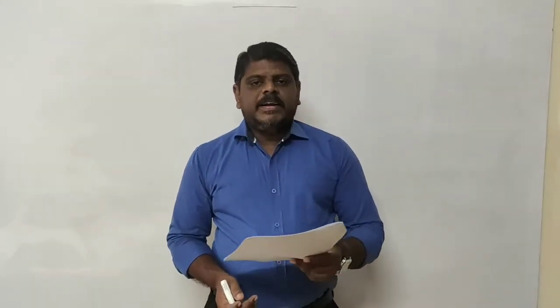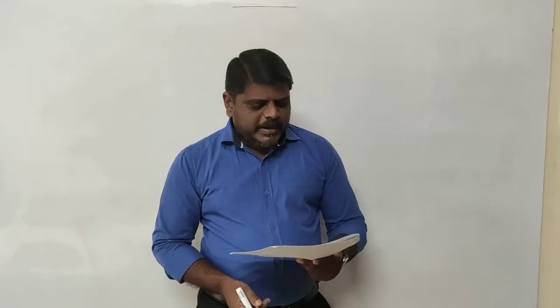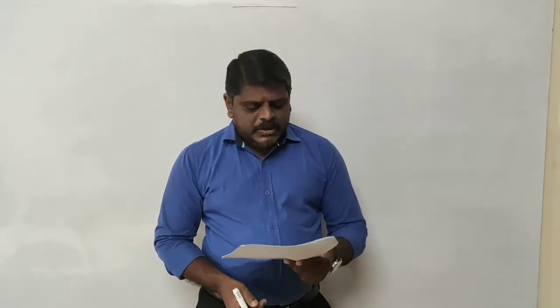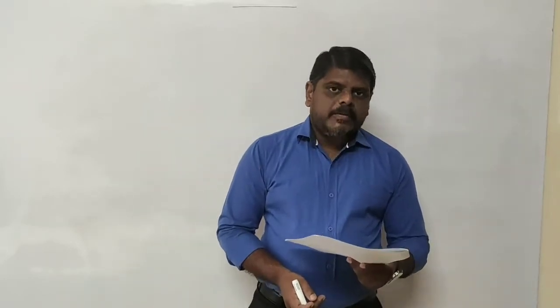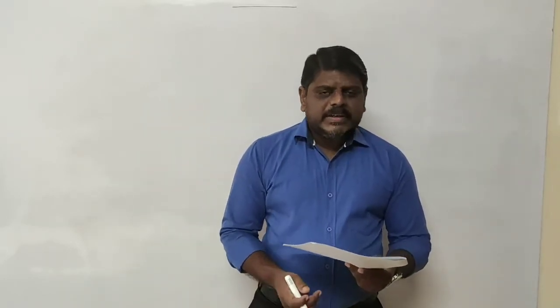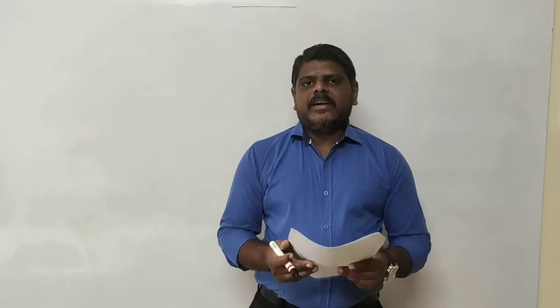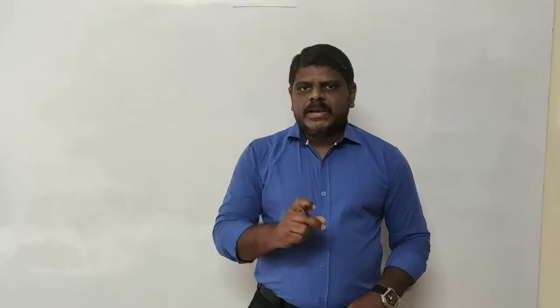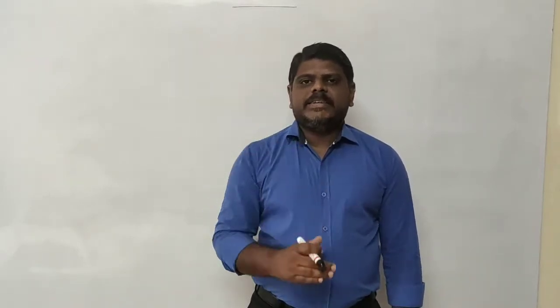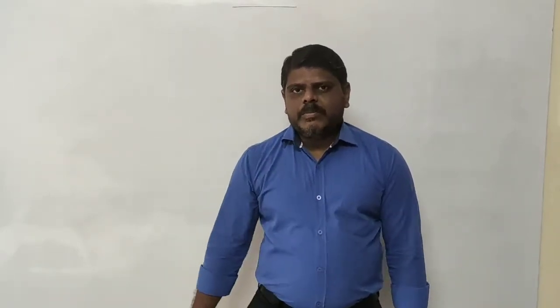Hello students. The problem is asking how many fringes will be obtained between the points A and B. Here the total angular width is given to you. Angular width is given as 0.12 degrees. Listen very carefully here. Angular width and angular fringe width: angular fringe width means the angle made by the fringe width. Here angular width means the distance between the bands which are going to be produced.